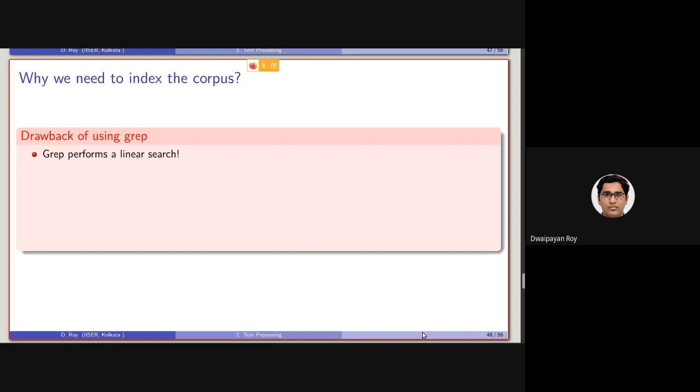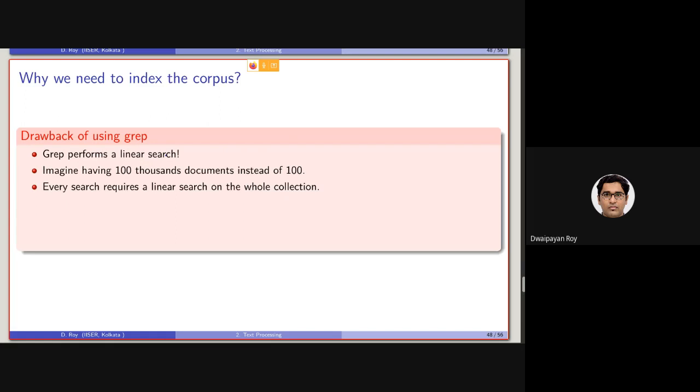So the drawback of using grep is, as I have already told you, grep performs a linear search. So instead of 100 documents, if we have 100,000 documents, we can understand the time that it will be taking to perform a linear search.